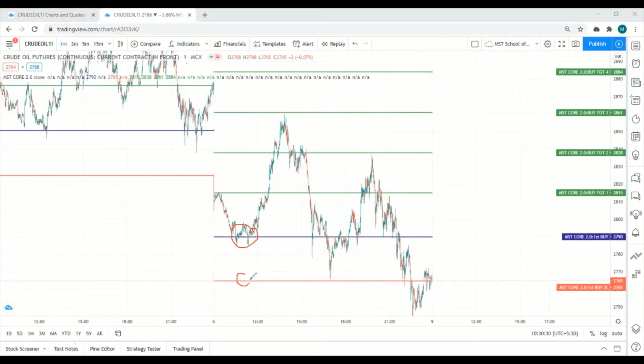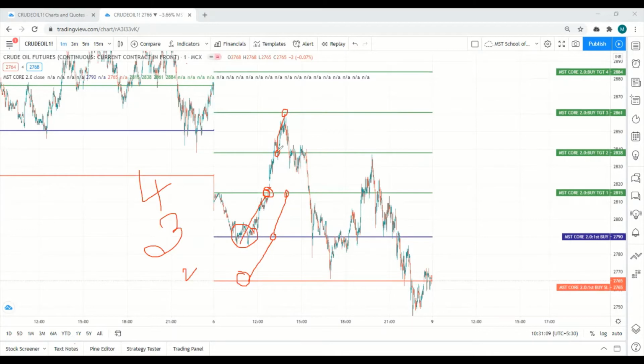Now you have to keep the stop loss at 2765, and you have to place the first target at 2815 if you are trading with only one lot. If you are trading with 4 lots or 3 lots, book the first profit at the first target, first lot at the first target. So remaining you have two lots. Second lot at the second target, and your SL will be moved to cost. And third lot at the third target, and your SL will be moved to the first target.